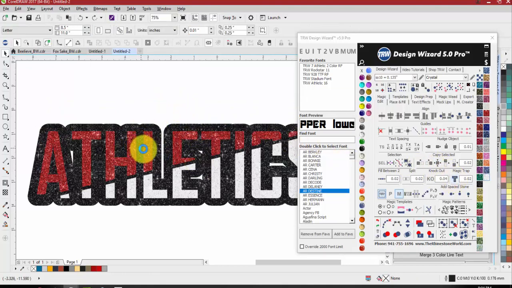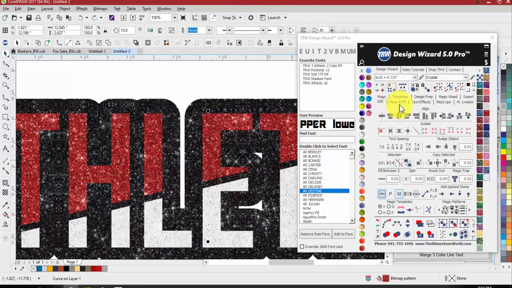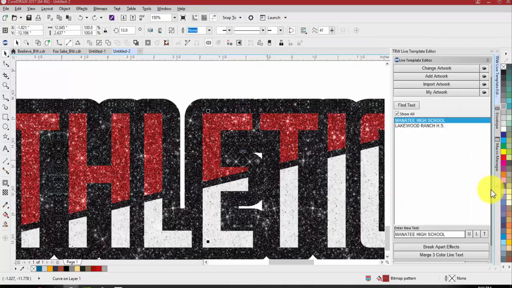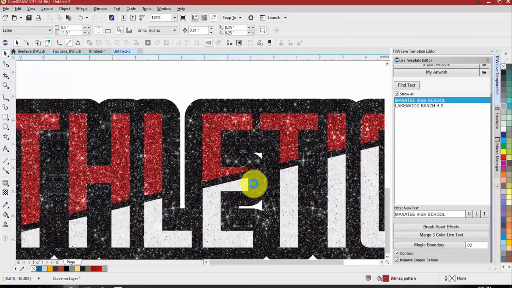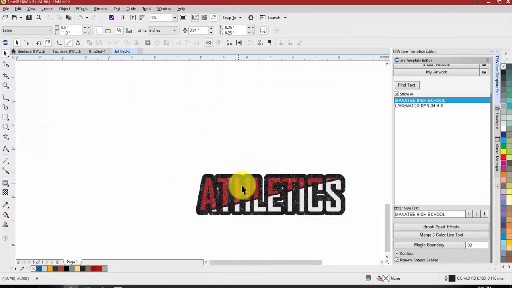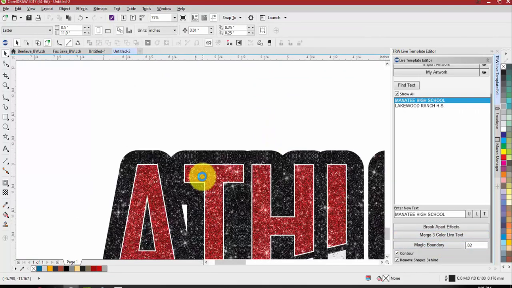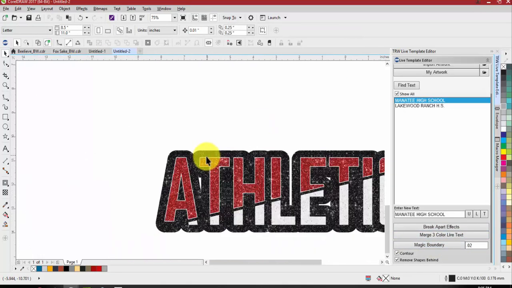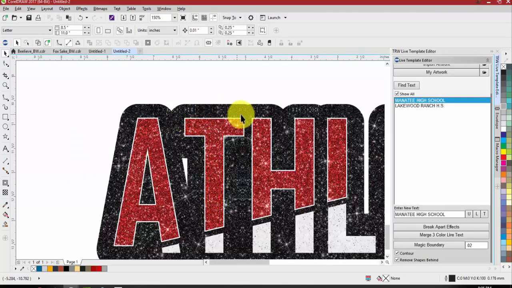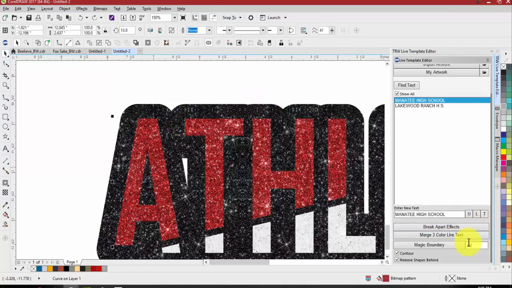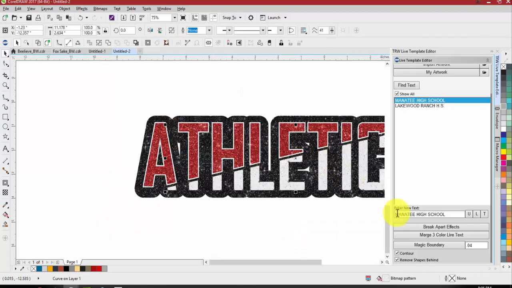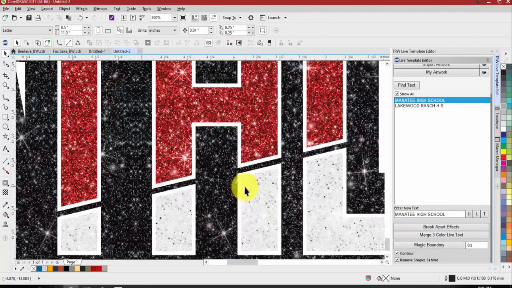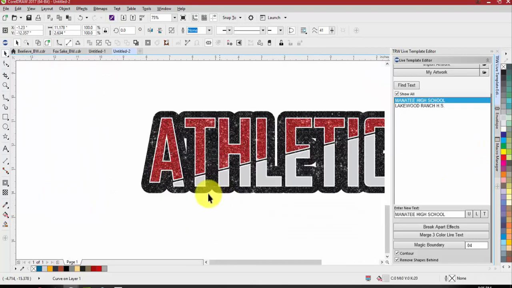So instead, one way to get this cut ready would just be going to your live template editor, hit remove shapes behind, contour, magic boundary. Let me clear all these out. And that will add that boundary layer around the outside. Now we have this t-shirt color involved too, though, because whatever this area back here is now is going to be showing through, which most likely would be our t-shirt color. And then I'd have to do it for this color too, and then it ends up looking a little bit different because